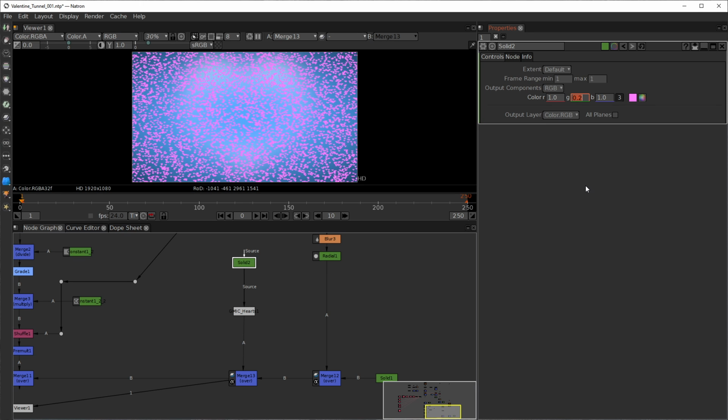If there's no green, we can never push this to white, and I want this to look like the hearts blow out to white, because one of the things that happens with both film and digital cinema cameras and digital cameras in general is that when you get up to their maximum value, the closer you get to maximum